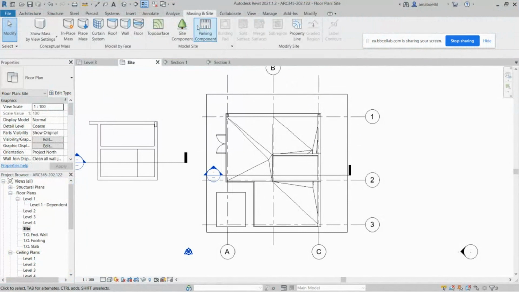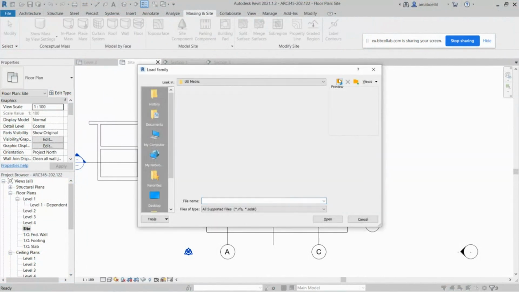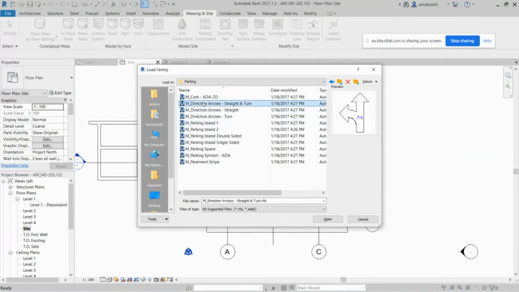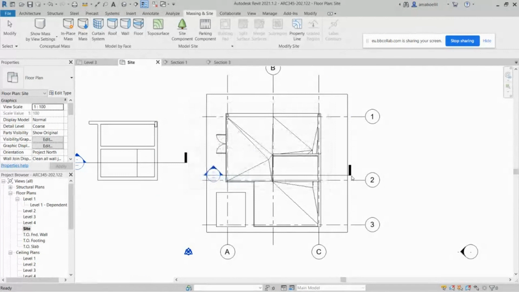So in here in the massing as well, you have a parking component, and this is not loaded, so you have to go and look for the parking. And as I showed you, let's just look it up. I think it was in the site. Parking, and you pick what you want to have, and of course you can work with whatever item you have here. If you don't have double loaded, or you have single loaded like this, and you have a parking space, I can open it up and then load it to my site,